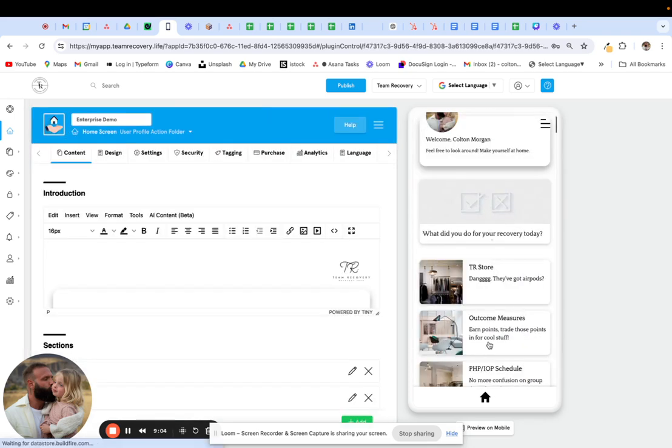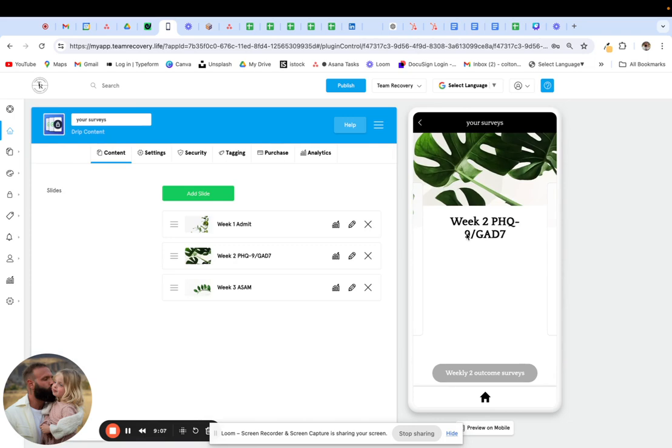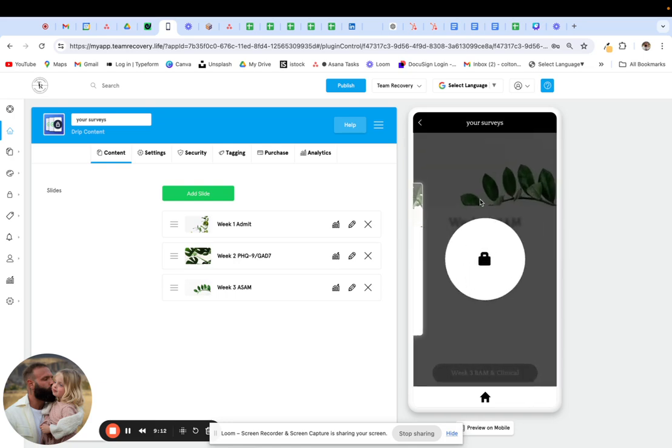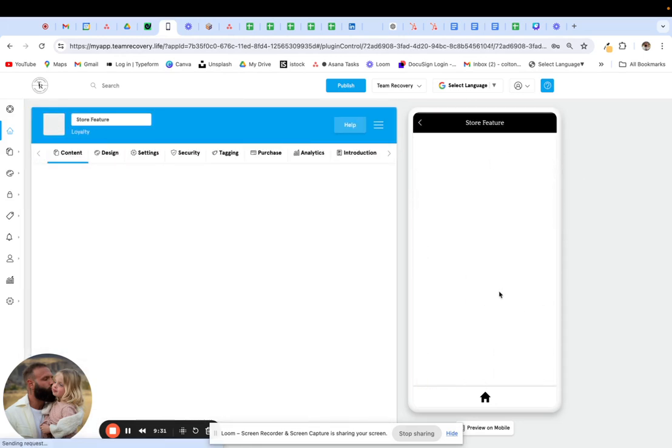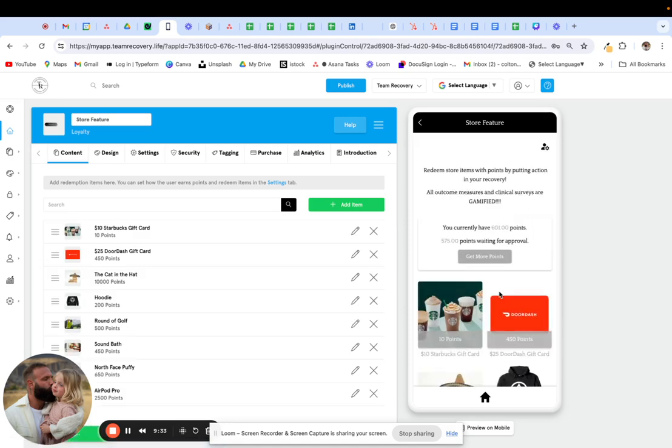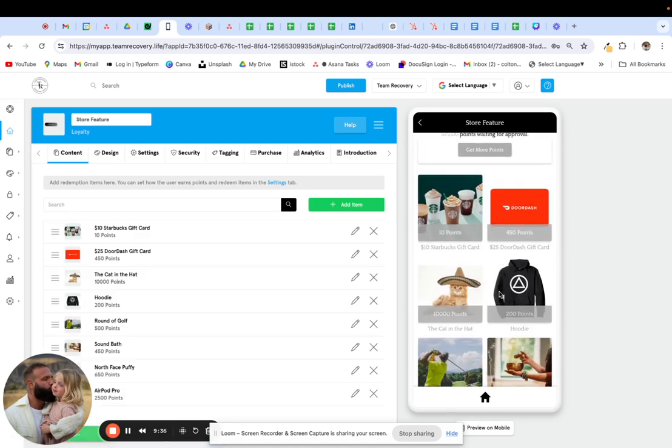And then the outcome measures, we can deliver anything from PHQ-9s, GAD-7s, BAMs, standard outcome measures, and these are time locked with automated push notifications. So we build out a custom timeline weekly, monthly. We have a good cadence down that was recommended by NATAP with their Force Outcomes. But all of their surveys are gamified, so they're earning 20 points for every survey that they do. And we will reverse engineer a budget per client and then build a store into the app. So as they're doing their outcome surveys, as they're putting action into their recovery, they can trade those points in